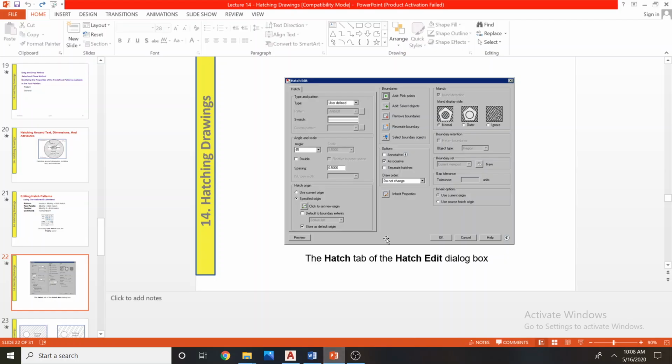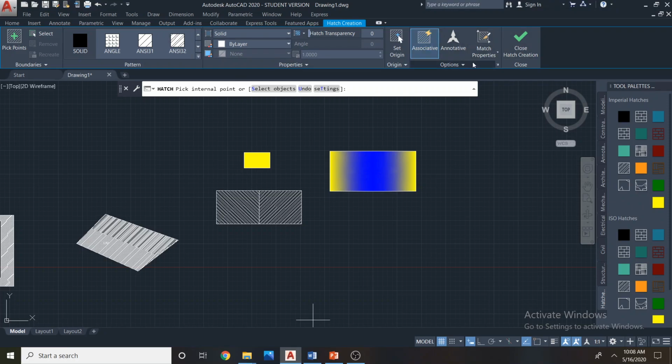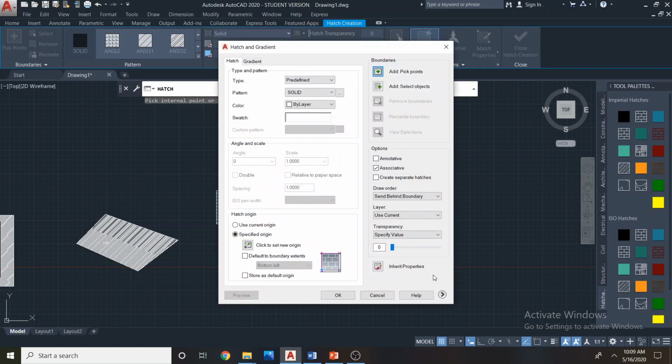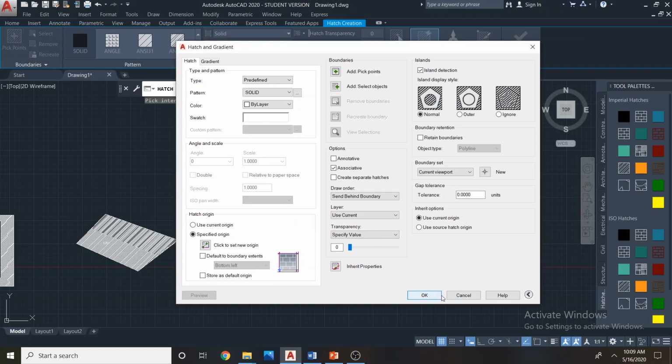Now you may wonder where this editing box is. Right, we didn't use this. Actually, this was old AutoCAD. In new AutoCAD, luckily we have the ribbon, so we don't need to go and find that box. If you just click on the settings here, you get this traditional setting tool. All these are available in the ribbon, so we don't need to go to this area. If you expand this island detection tools, all these things which are available in the ribbon are here. This is actually the traditional classic interface of AutoCAD. So I may not go through all the settings again. It's readily available in the ribbon nowadays.